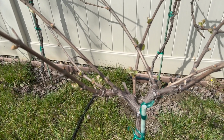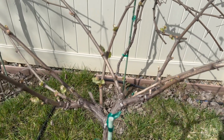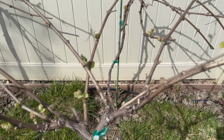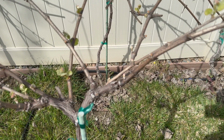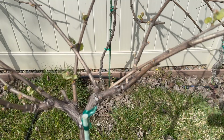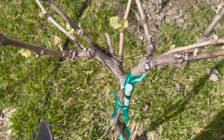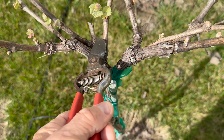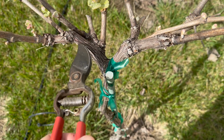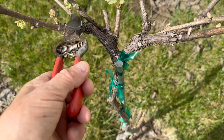And we want to take each new cane here and take it to 2 buds. So 2 buds will allow 2 shoots to come out and develop spurs for next year. So currently we have 4 spurs. We have 1 here from last year, 1 from before, and there are 2 shoots that are coming off those